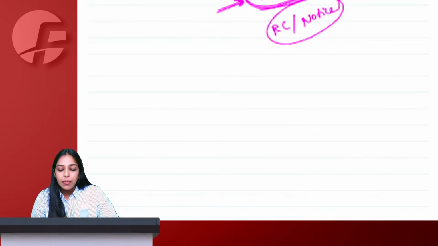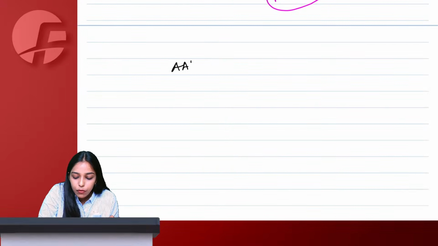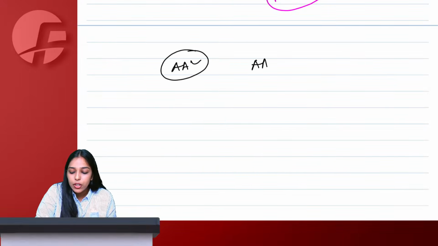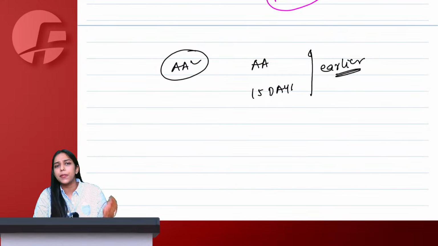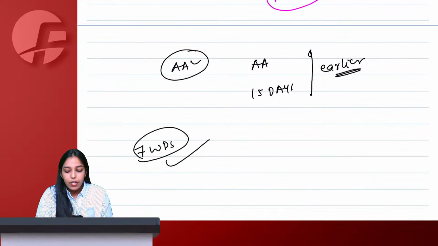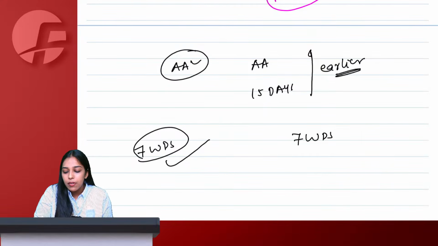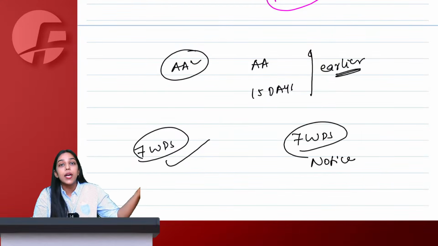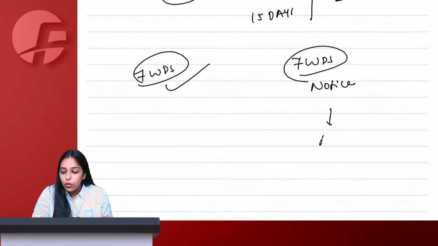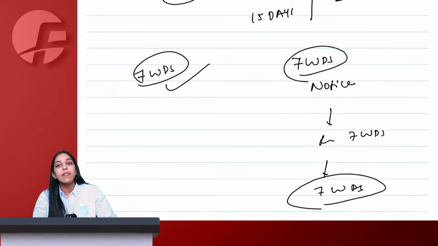Bolo. I think I made you learn all the time limits. If while making the application, you selected Aadhaar authentication, then the day on which authentication is done or 15 days from furnishing Part B, whichever is earlier, will be your effective date of filing application. If everything is okay, no deficiency, within 7 working days, RC will be given to you, otherwise deemed given to you. If there is deficiency, then notice within 7 working days only has to be given, otherwise we will deem RC assumed. Once notice is given, you have to reply within 7 working days. Once you reply, the officer will take the final action within 7 working days.